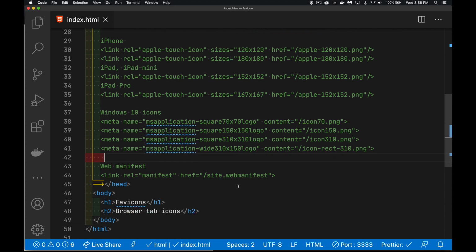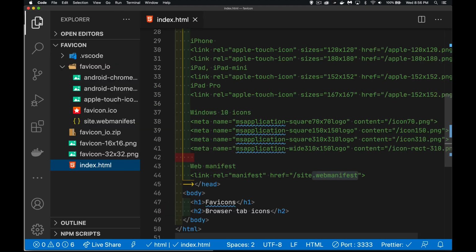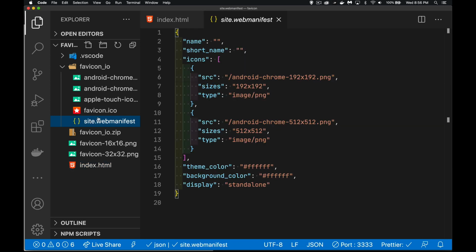One last thing to note here, there is also this webmanifest. If you're going to be dealing with a whole bunch of different icon sizes and you want the user to install your website as an application, or the link to your website as if it were an application, or you're building a progressive web app, a PWA, this file here, site.webmanifest, the file name doesn't matter as long as it's got the webmanifest file extension. I'm going to be doing a separate video on this, but this is what you could do. Inside of this JSON file, because the type is application/JSON,